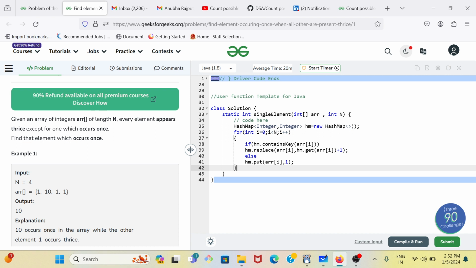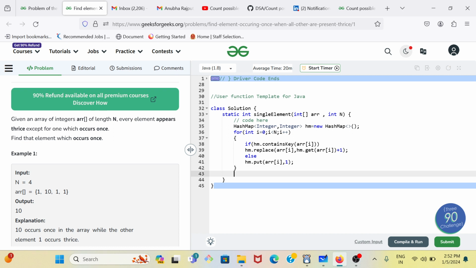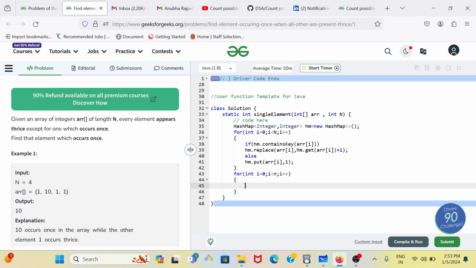Now what is our next task? We take a for loop to iterate over the hash map: for int i equal to 0, i less than n, i plus plus. Now we check the frequency of each element. If map dot get of array i is double equal to